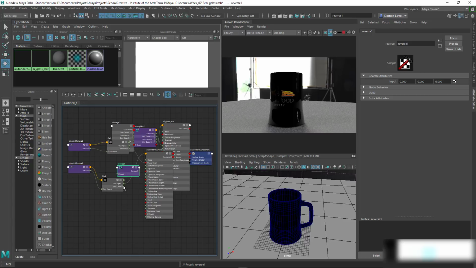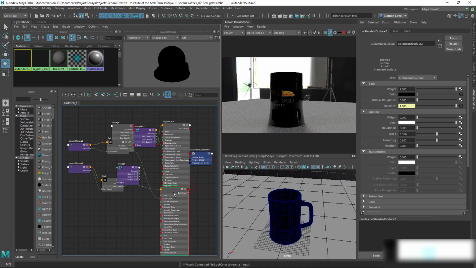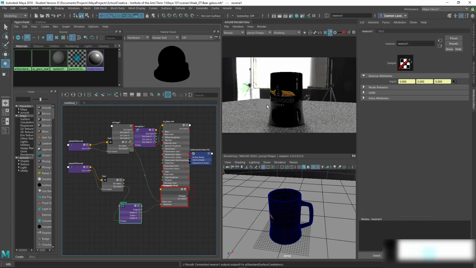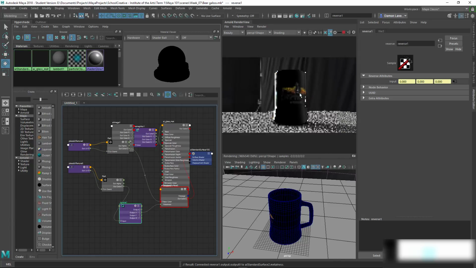And I'm just going to take the out color into input, and then the out X to the metallic over there. That should do what I wanted to do. I'm not sure it's actually doing what I wanted to do, but